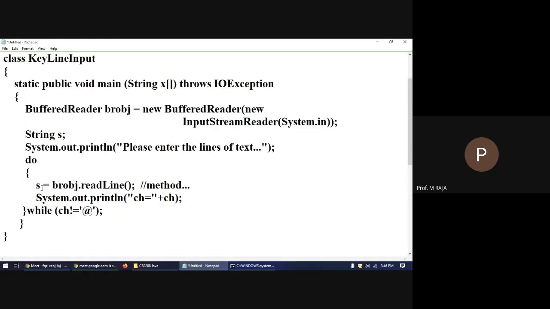So s is equal to brobj.readLine. Here, this is readLine, the method name. We are outputting the value of s. For example, "s is equal to" plus s. If not, if you put s directly, the value of s is output. While we are controlling through a do while,